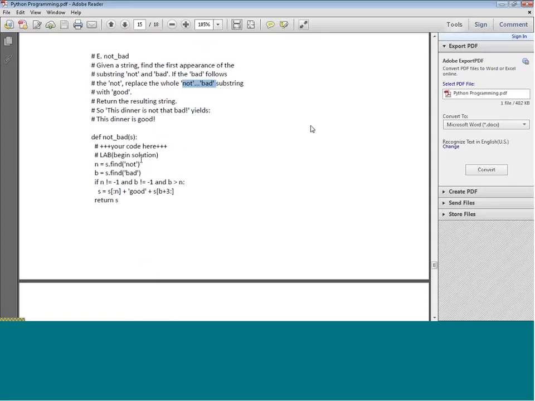So the way that we write it is, again, we get the string, then we find 'not', so this is a method, and we also find 'bad', and store them in these two variables n and b. Then, if they are not the last ones, which is n not equal to -1 or b not equal to -1, and if b is greater than n,